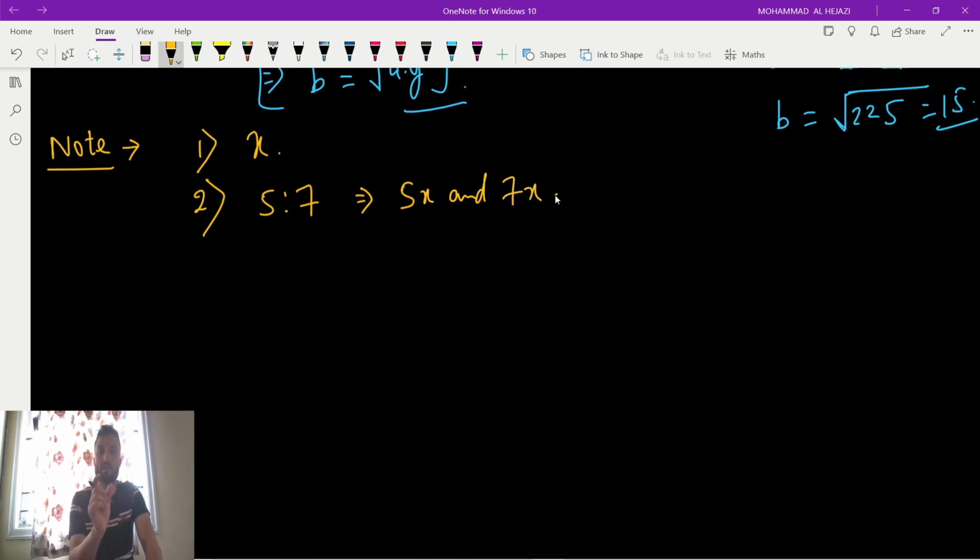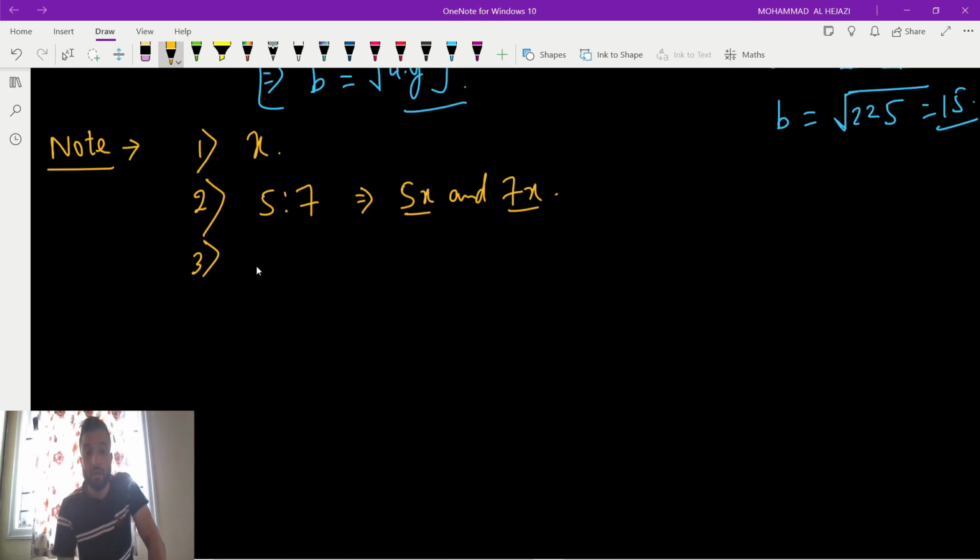So whatever ratio is given, we will take it with x: 5x and 7x. I have told you in the ratio also, whatever ratio they give, we have to write like this, 5x and 7x. Or suppose 3 is to 2 means 3x and 2x. Third thing which is important is,